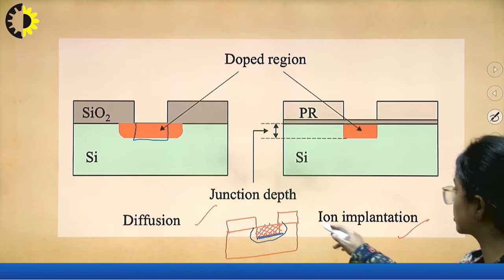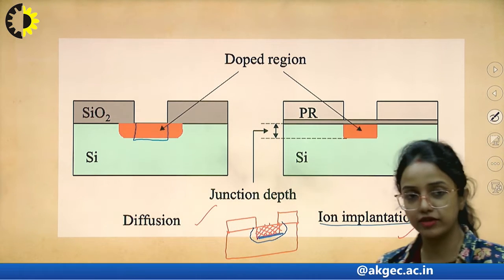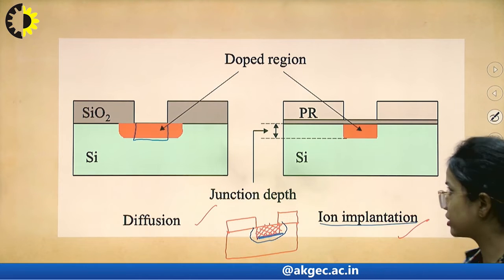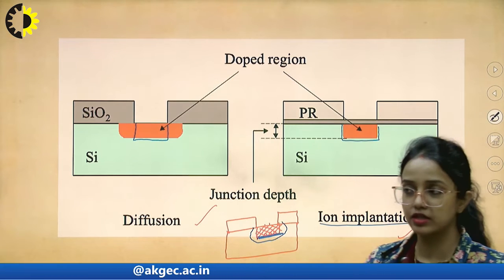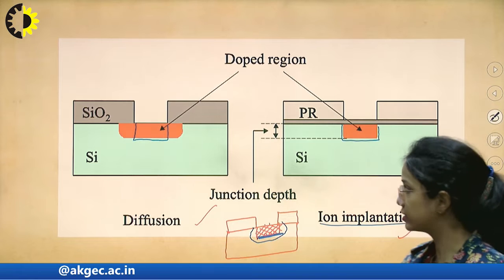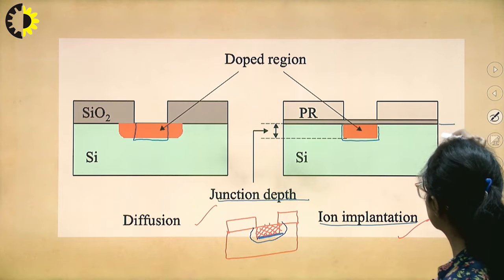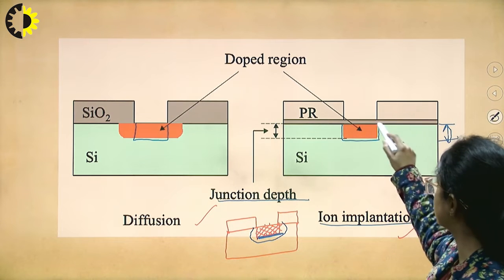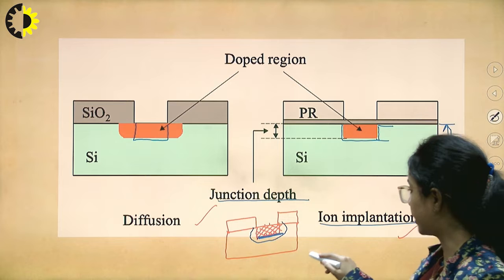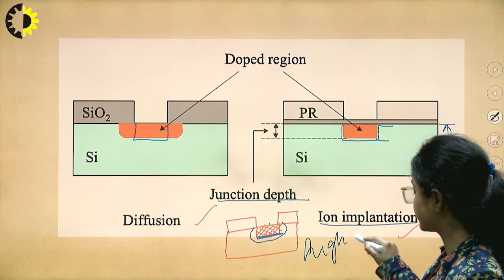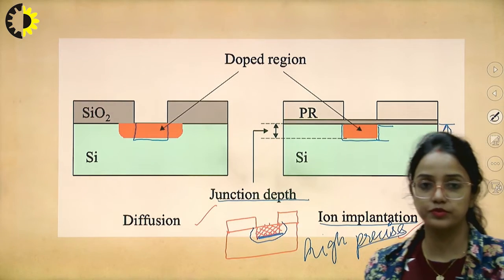On the other hand, let us analyze ion implantation. In ion implantation, are we getting the desired well or are we extending it? No, actually we are almost getting the correct thing. It is not extended sideways, horizontally or vertically, at all. Another thing, when I talk about junction depth, the junction depth is very accurate. I wanted it strictly between these two boundaries, and it is strictly between these two boundaries. So, this is telling us that this is a highly precise option available to us.